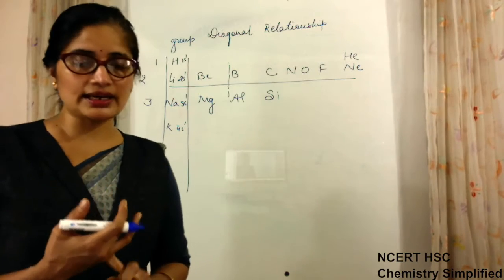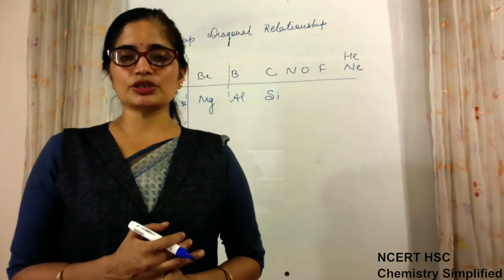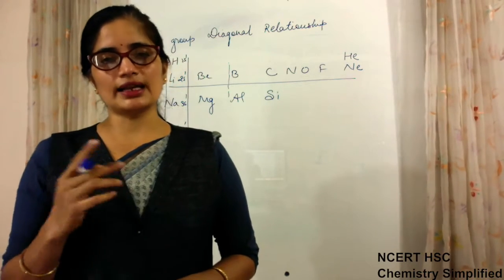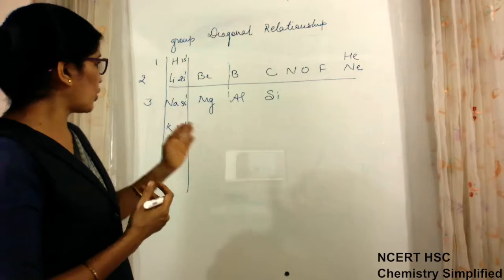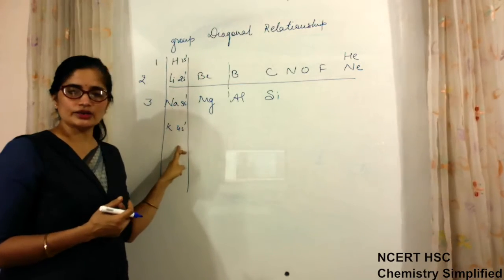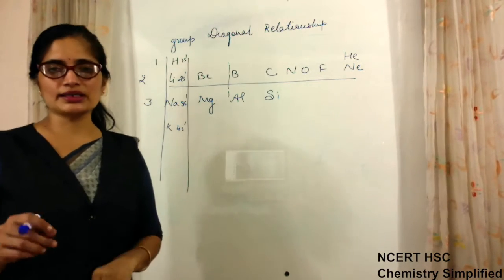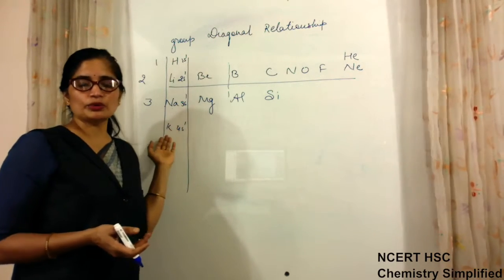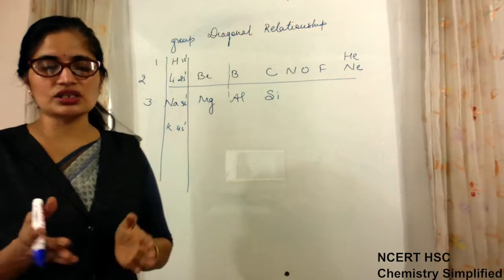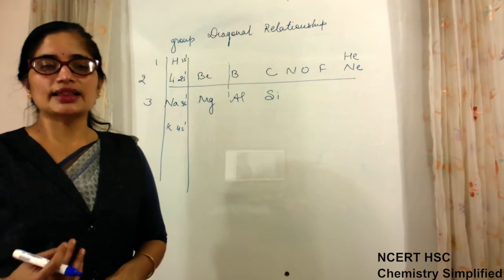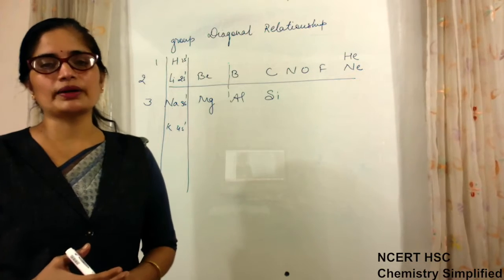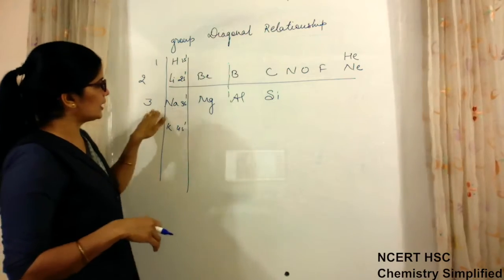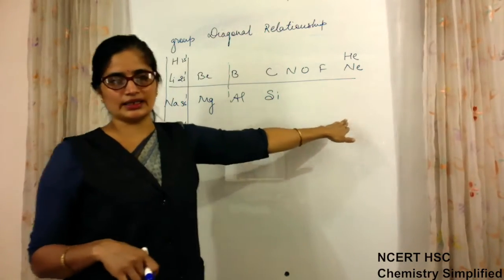Why? Because chemical properties of an element are decided by the electrons present in the valence shell. Since all of them have the same number of electrons in the valence shell, their properties are almost similar. But as we move from top to bottom, the number of shells increases, so the size of the atom increases. Because of that, some of the properties will also be different. So they have similar properties down a group. From left to right there is no similarity in property.